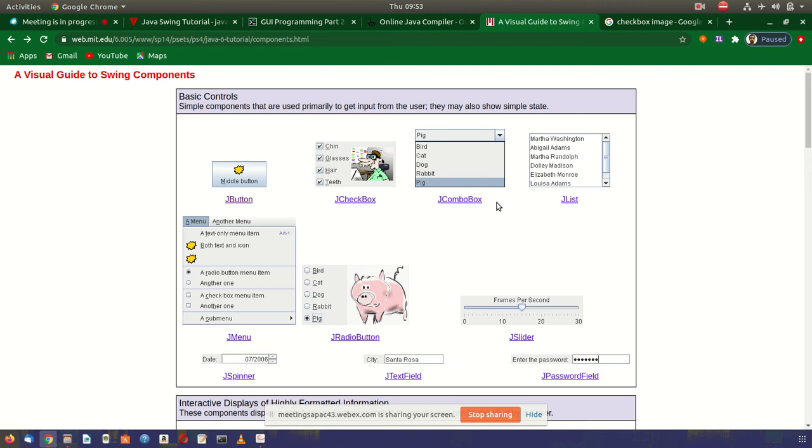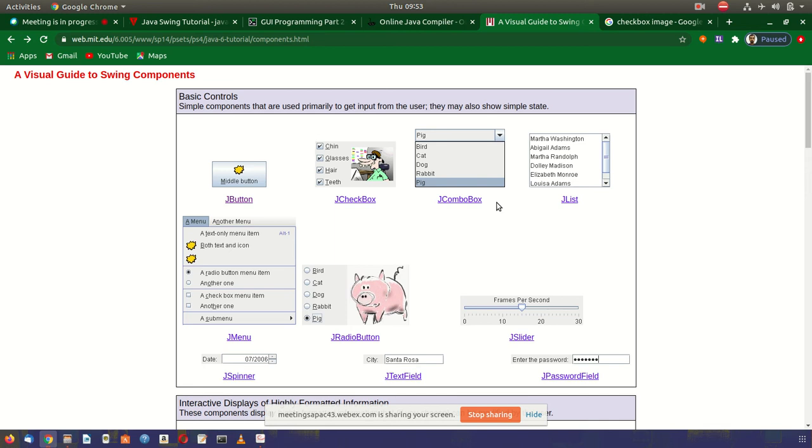The best example of a combo box is when we open our Gmail account, we have to select the country of our origin, that is India or your respective country. You cannot select two options. You cannot give two countries as your birthplace. You have to select only one country.